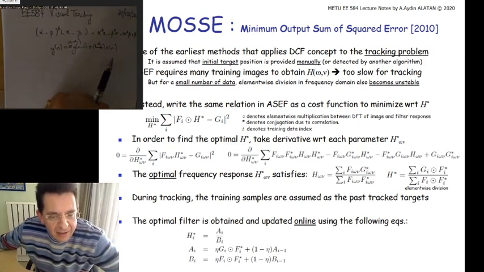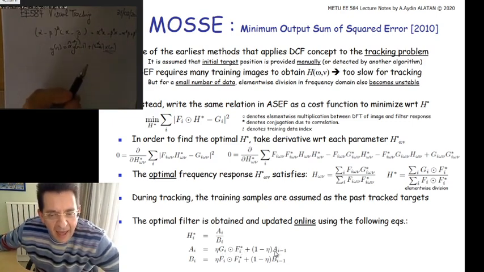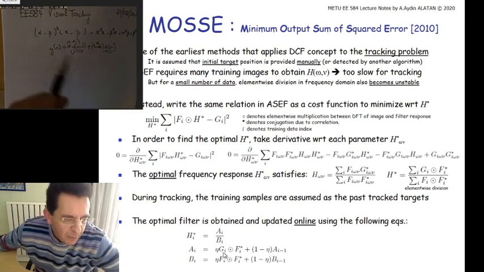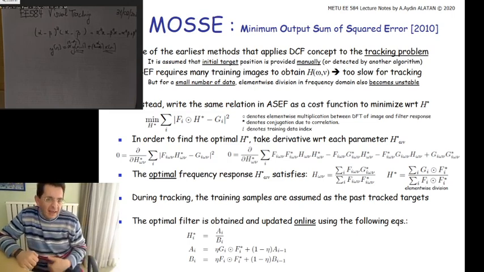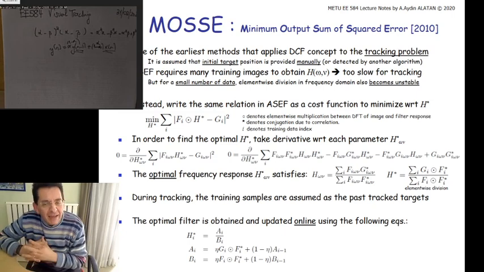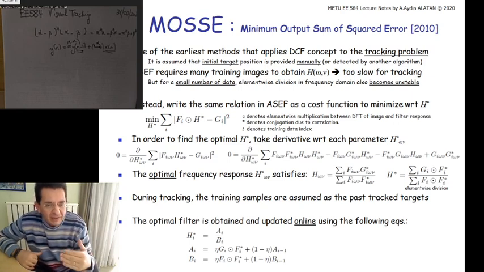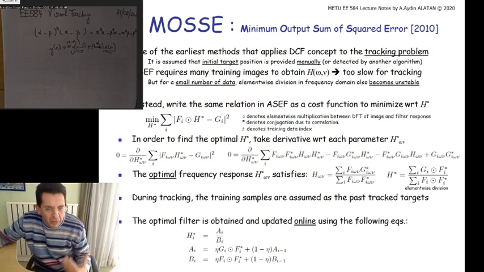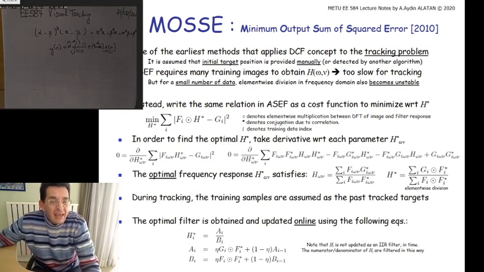Okay, therefore this part is gi, this part is fi, and this is our previous result coming from the iterations. In the previous frame you did this, and the numerator and the denominator are basically two terms working independently, like an IIR filter, updating the Ai and Bi values appropriately and continuing in this way. Okay, therefore we are making such a filtering state, and that will improve the computation